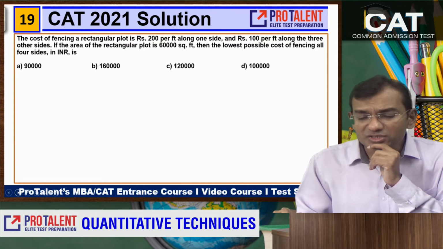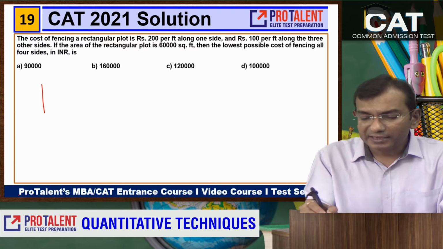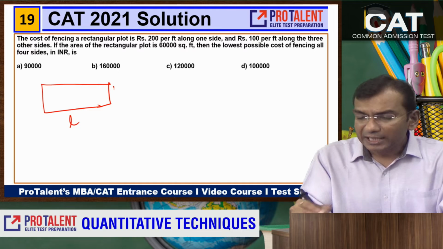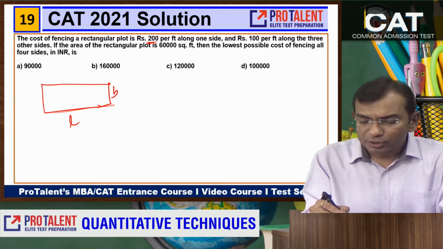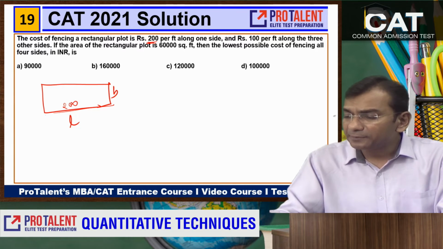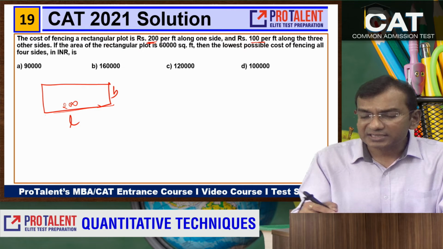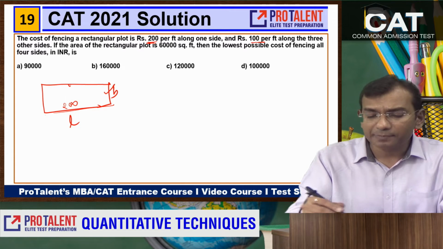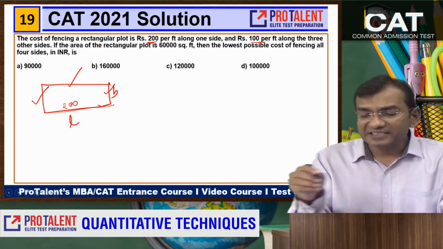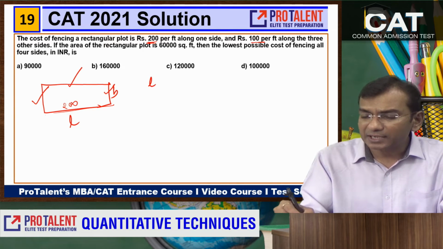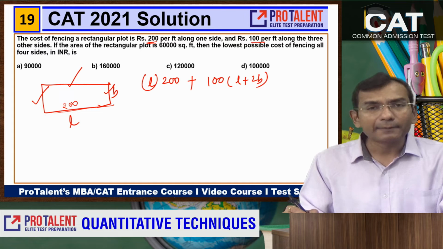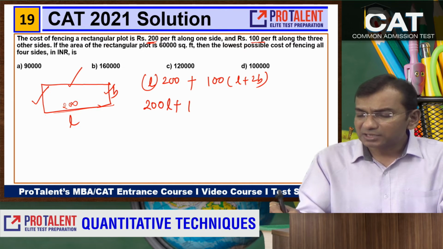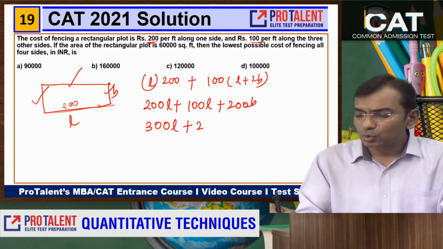19. The cost of fencing a rectangular plot with length L and breadth B is 200 per square feet along one side. एक साइड पे 200 है, दूसरी साइड पे 100 feet along the 3 other sides. ओके, तो यहां पे भी 100 रुपया लगेगा, यहां पे भी 100 लगेगा, यहां पे भी 100 लगेगा। आप फेंसिंग कर रहे हो तो पेरीमीटर लगा रहे हो, सो बेसिकली आपका पैसा लगा L इंटू 200 प्लस L प्लस 2B इंटू 100। आपका टोटल पैसा लगा 200L प्लस 100L प्लस 200B, सो दैट मीन्स 300L प्लस 200B,